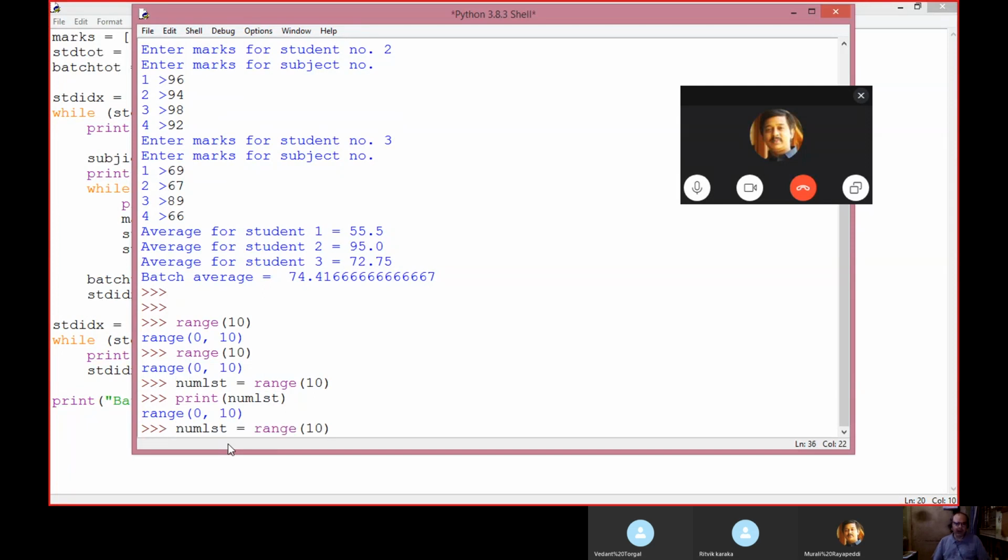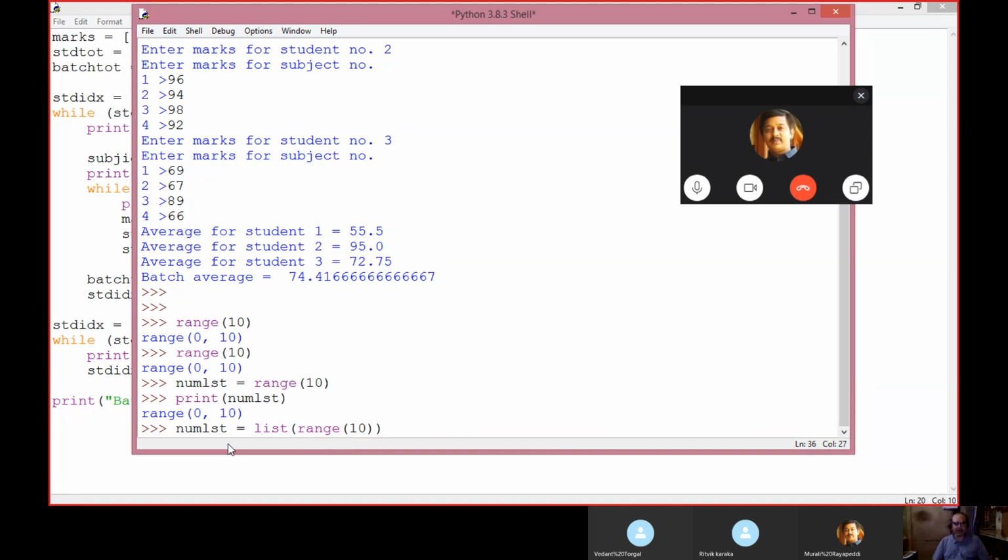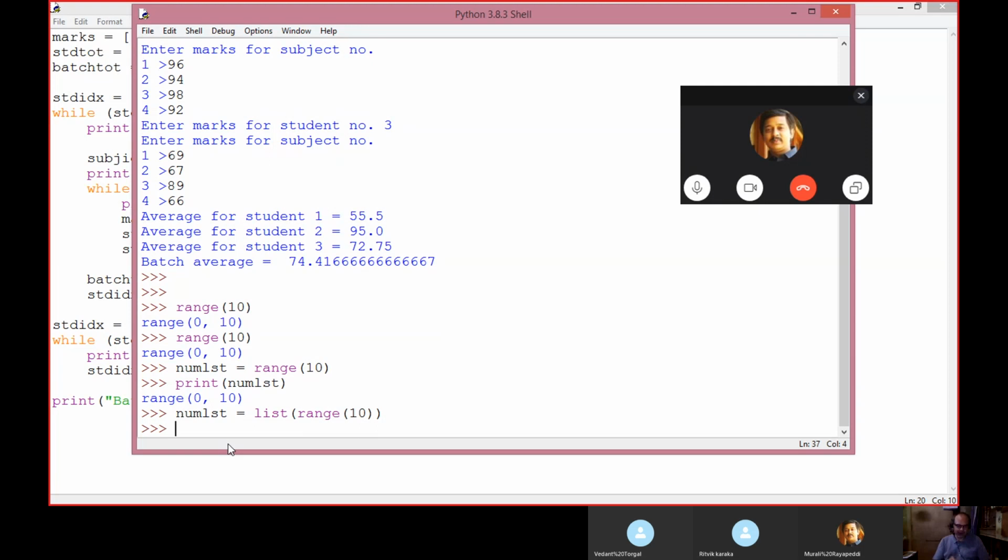I'll do one thing. I will now convert this range into a list. So we have functions like bool, int, float. So I'll convert this range into a list. Now num list contains a list. It's giving me 0 to 9.